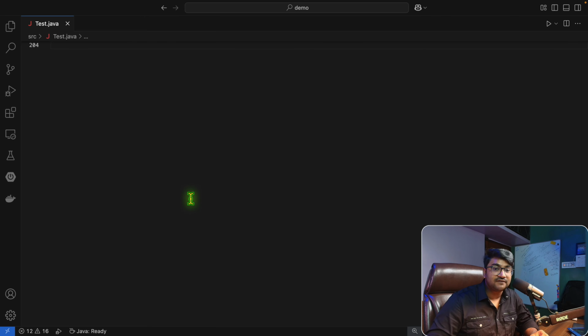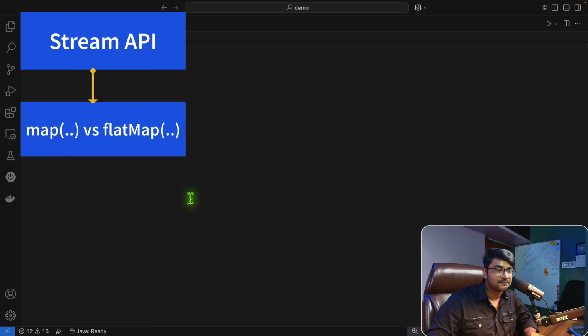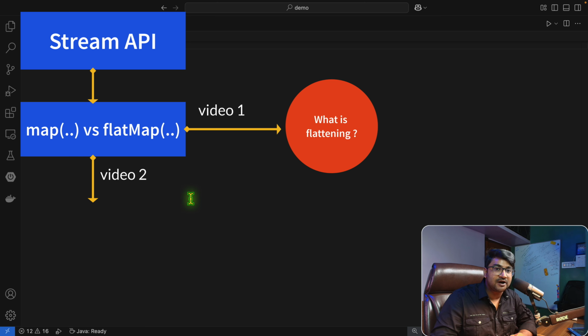While learning Java Stream API, the most confusing part is to understand the map versus the flat map. So I'll try to simplify it by giving you a lot of examples. But I will divide this topic into two videos. The first video, which is this, here I will be telling you everything that you need about the flat map